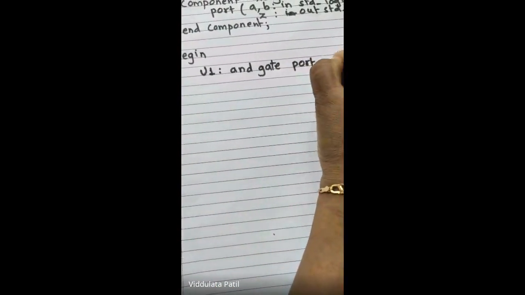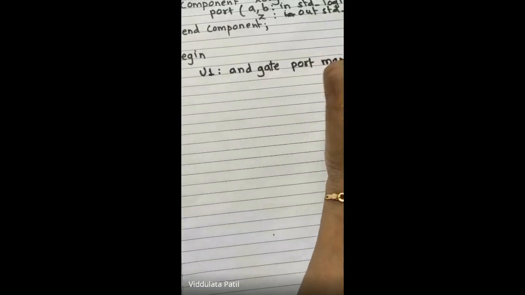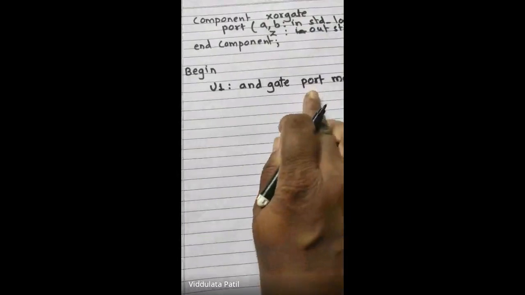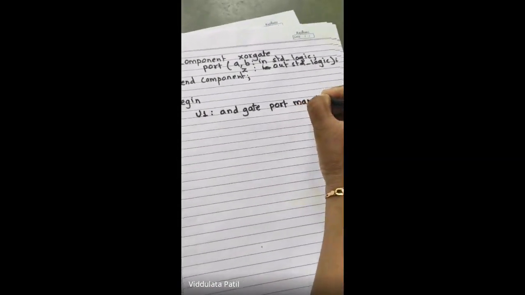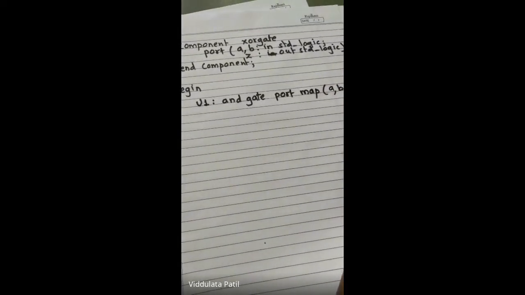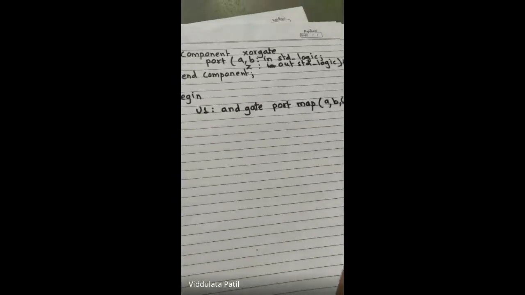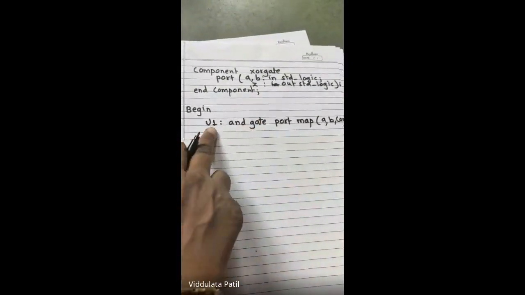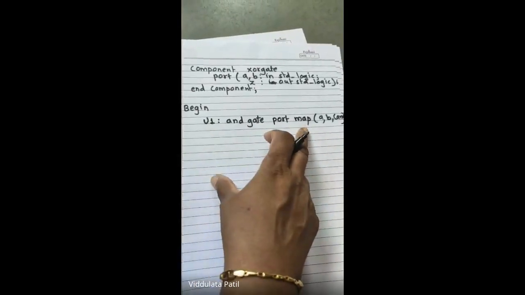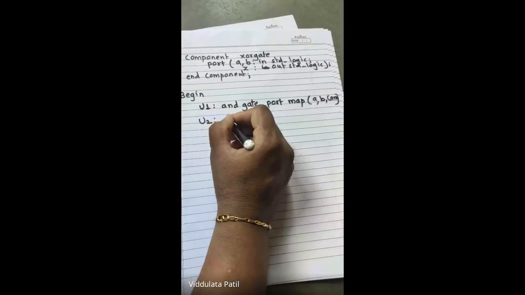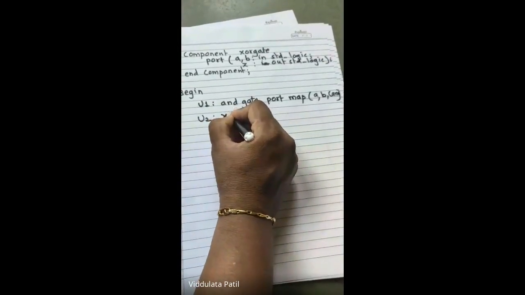Port map. Okay, so here we are going to port map, so port space map, and then which ports we are going to map here. So A, that is the input port, B, and then carry. अँड गेट साठी आपल्याला काय मिळणार आहे, त्याचं आउटपुट हे कॅरी असणार आहे. सो वी हॅव अँड गेट पोर्ट मॅप A, B, कॅरी, and U2 as a XOR gate